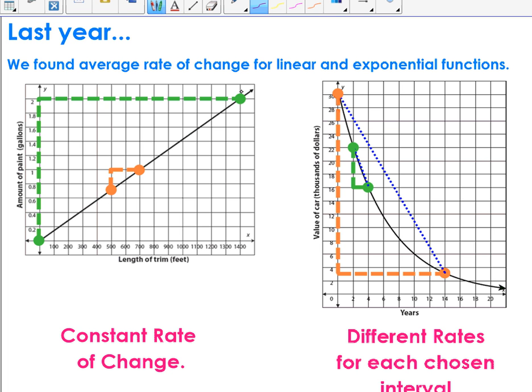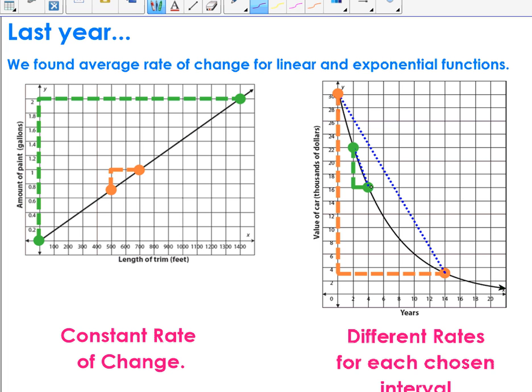I can pick any 2 points on that line, so I could pick those 2 orange points or the 2 green points, and either way, the difference between them is the same. So therefore, you get a linear constant rate of change. So here, if you look at an exponential, and quadratics are going to be the same,